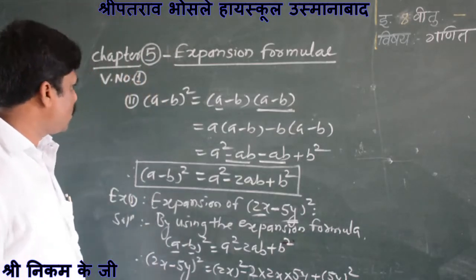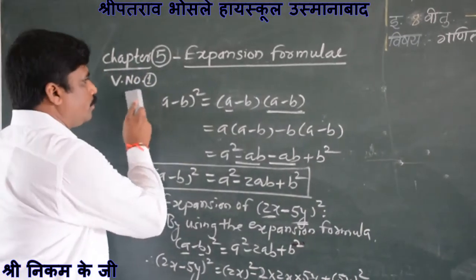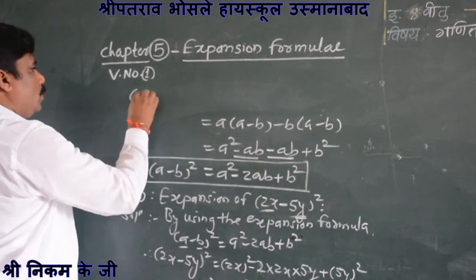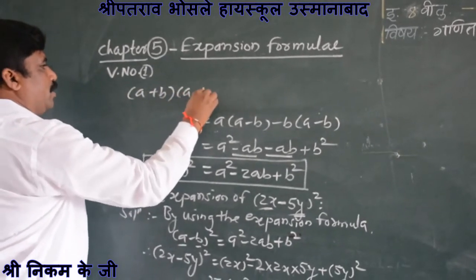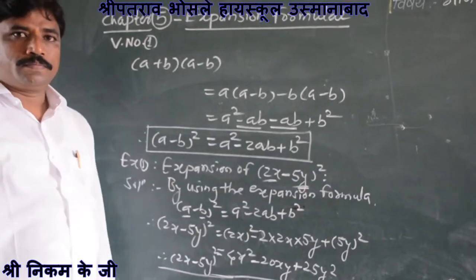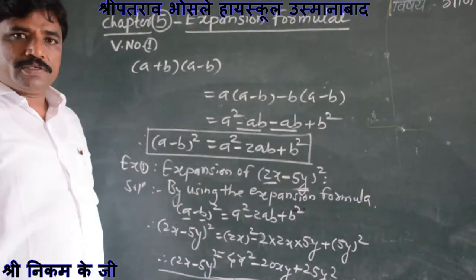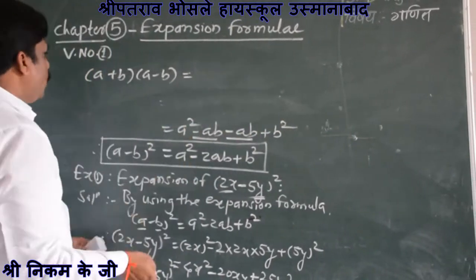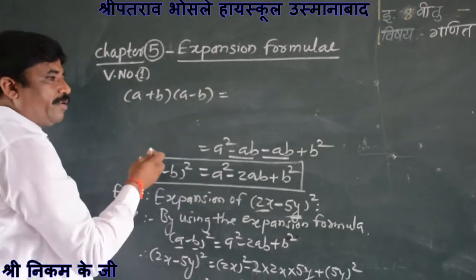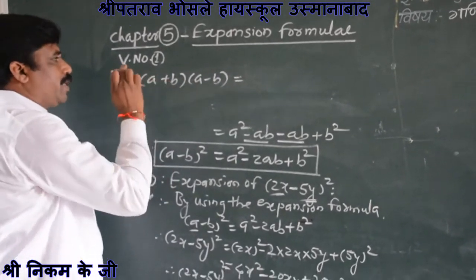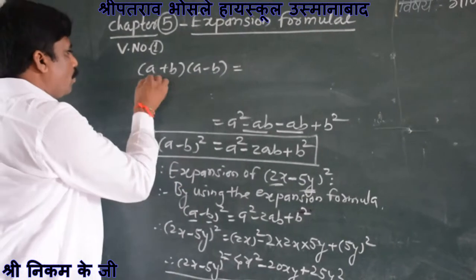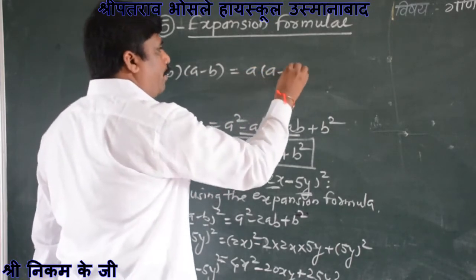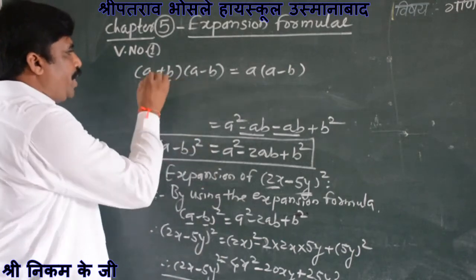And the third one is the expansion formula of a plus b into a minus b. A plus b into a minus b is equal to, same method. Here the first term and second term are the same, but the first bracket has a plus sign and the second bracket has a minus sign. Here we are actually multiplying a into the second bracket a minus b, and plus b into the second bracket a minus b,